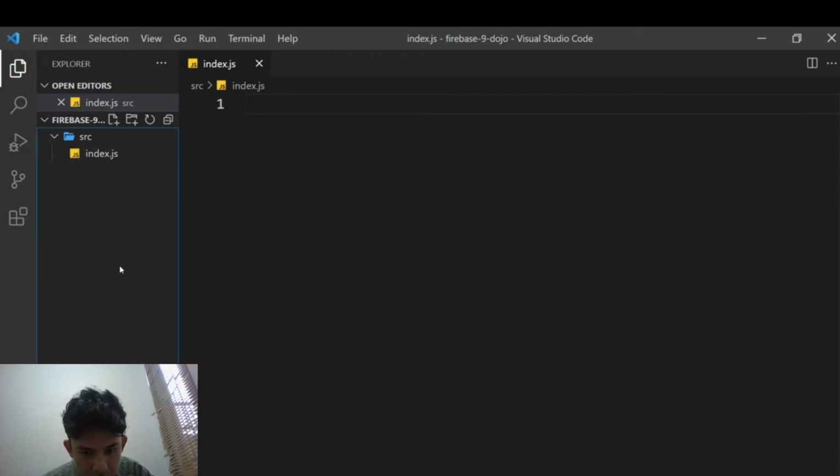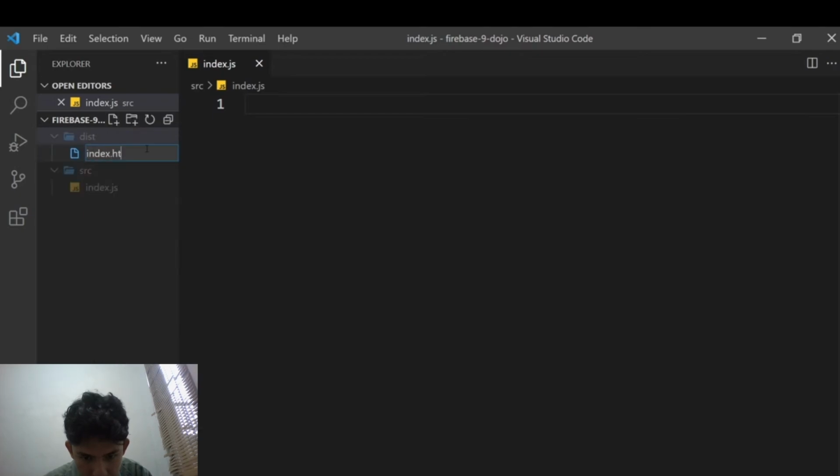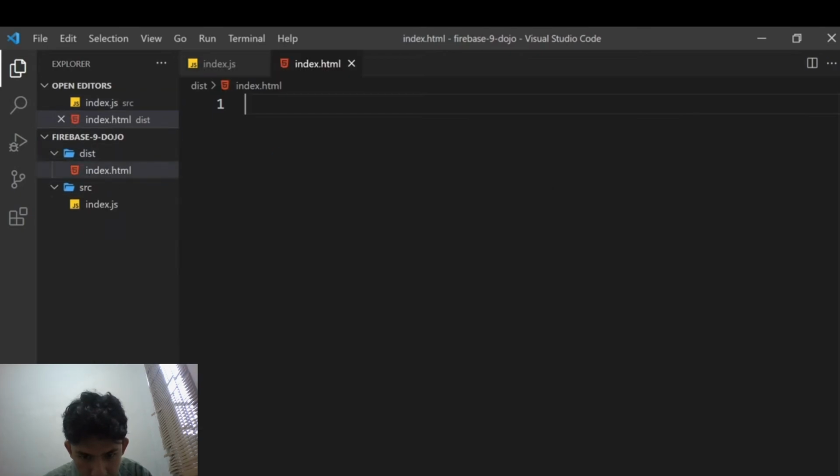The next thing I'll do is create a dist folder. Now, this is where our final bundled JavaScript code is going to live, and we'll specify that to Webpack shortly. Also inside this folder, I'm going to create an index.html file. This will be the web page that we serve to the browser, and we'll hook that up later to our bundled JavaScript file. So we don't link to the source JavaScript file from here, but to a bundled one